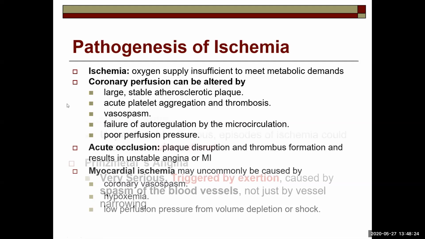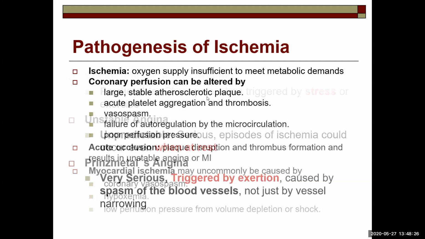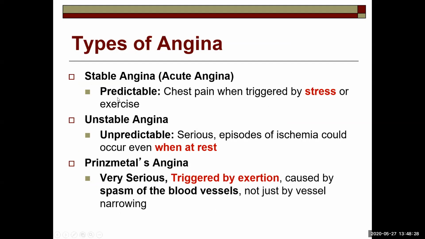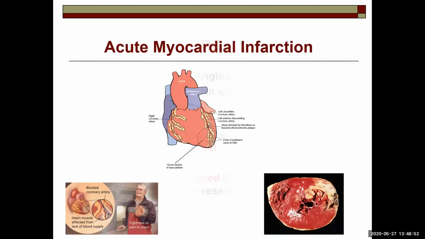So we talked about these different types of MIs. This is called predictable or stable. That comes after stress or exercise. Unstable is when you're sitting down at rest and you get chest pains. And Prinzmetal is the worst one. That's the one that's triggered by exertion and also caused by spasm of the blood vessels and not just by narrowing of the blood vessels. Okay, we'll stop here and I will start here on